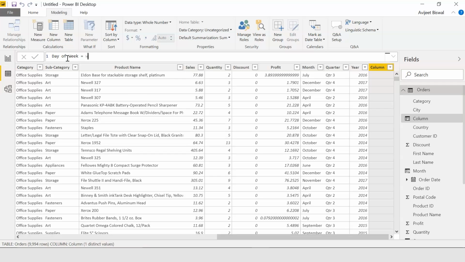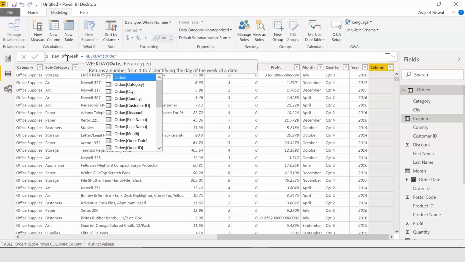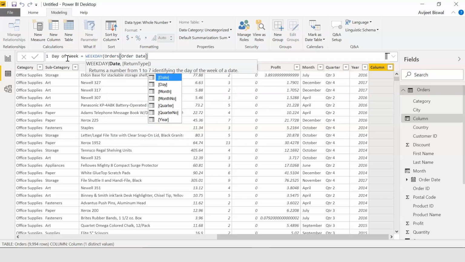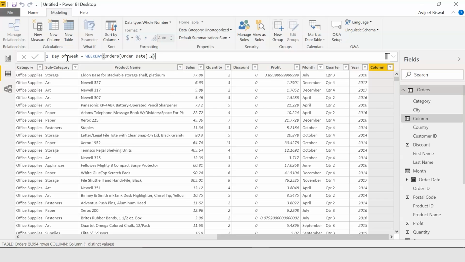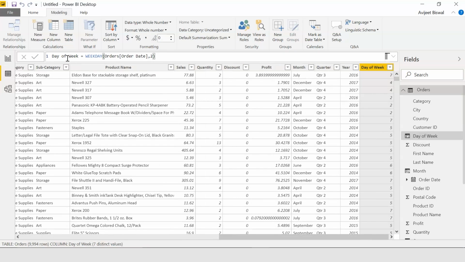I'll use the weekday function of Power BI. You can hit tab to finish. I'll look for my order date column, comma. I'll choose 2 here since I want my week to start with Monday and end on a Sunday. Hit enter. So you can see we have the day of the week column.